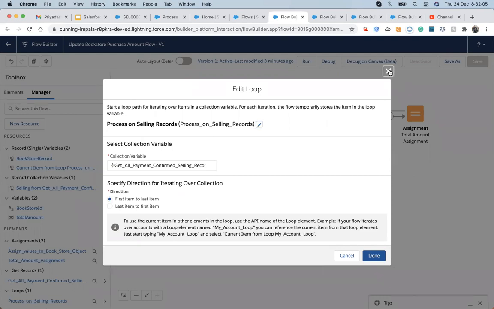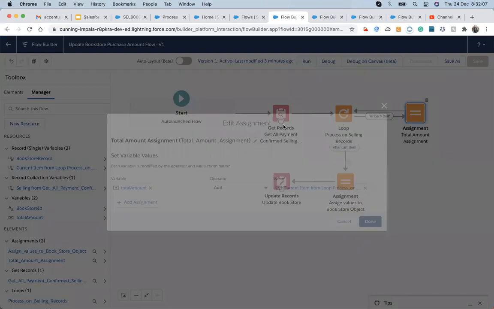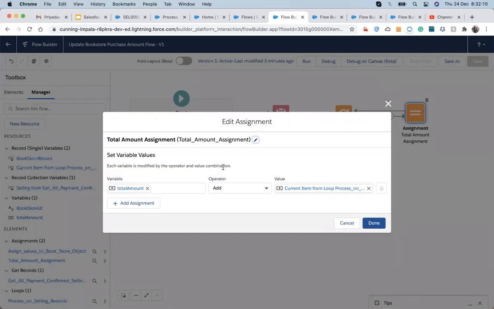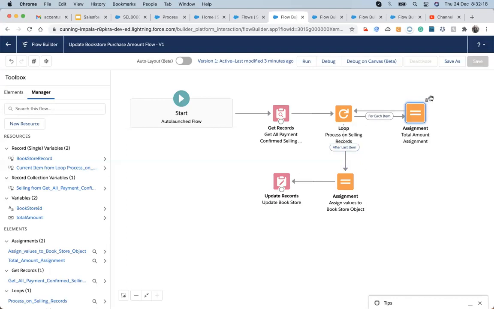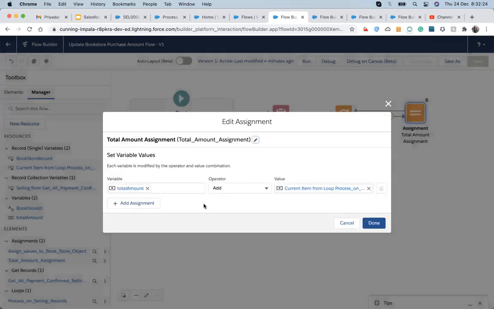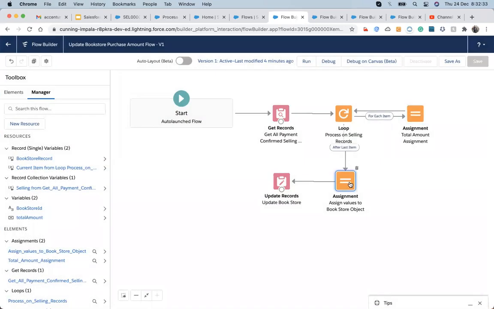Then we use the assignment operator to do the calculation. Suppose I need to add or subtract, whatever I need to do. Suppose I need to create an average, I will also declare a variable to calculate the count, and here I will create a formula field that divides the total by count.